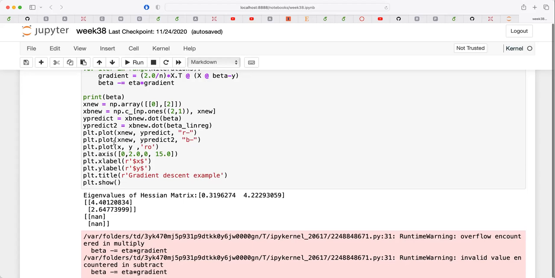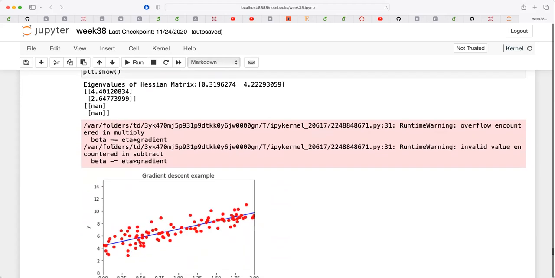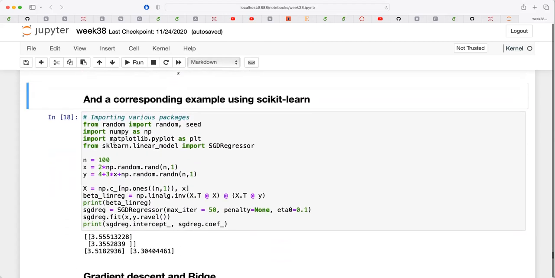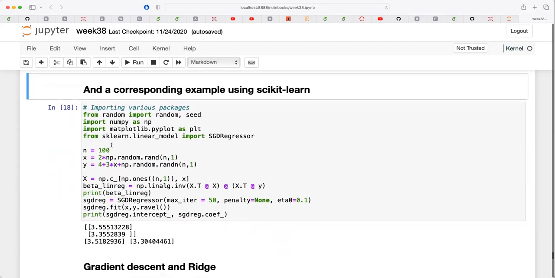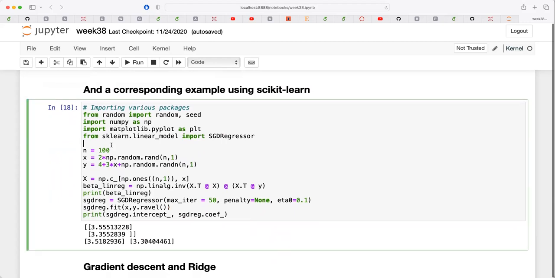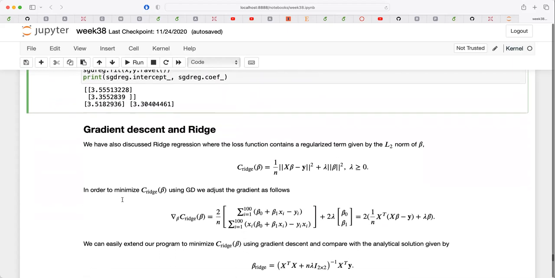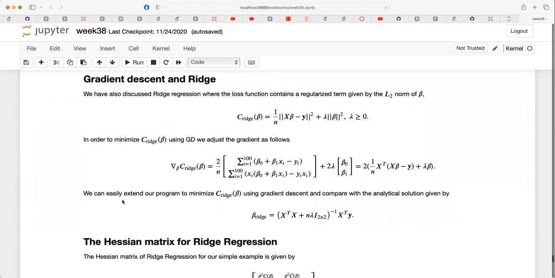Okay. Any more questions? So this is a typical example of how you can play around. You can repeat the same with scikit-learn if you want to. This calls a function called SGD, the stochastic gradient regressor, and we're going to discuss that a little bit more next week. But I wanted to show you a simple example of what you can do with